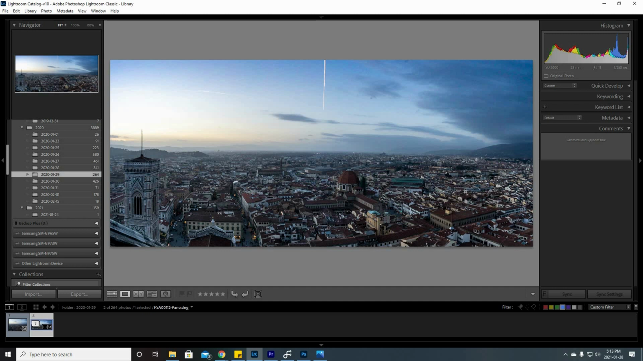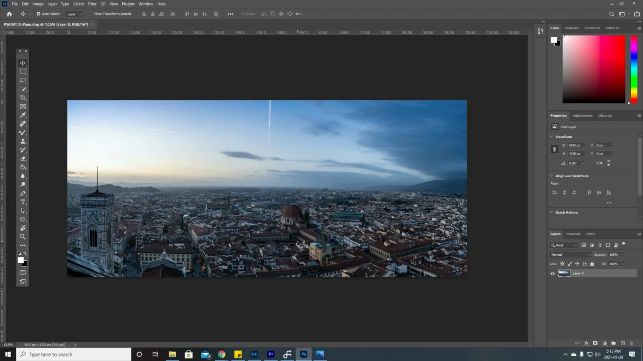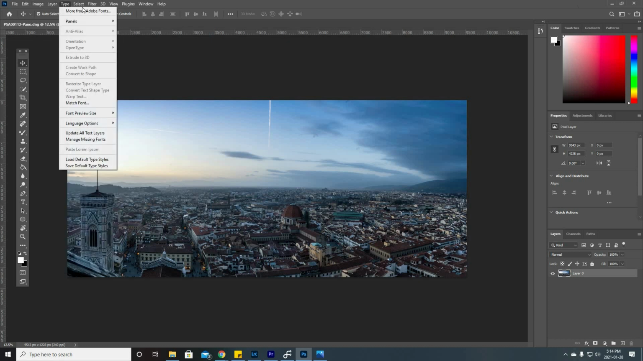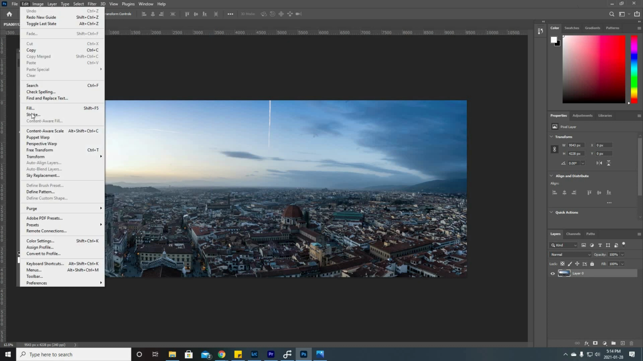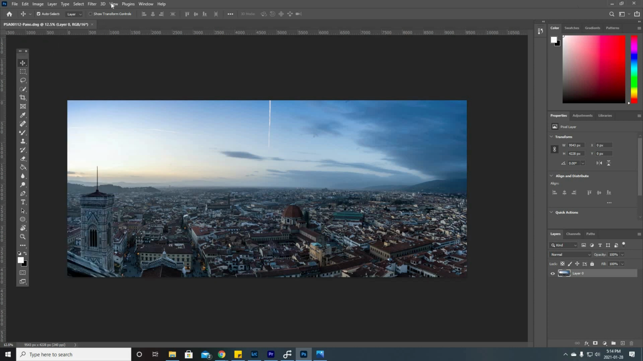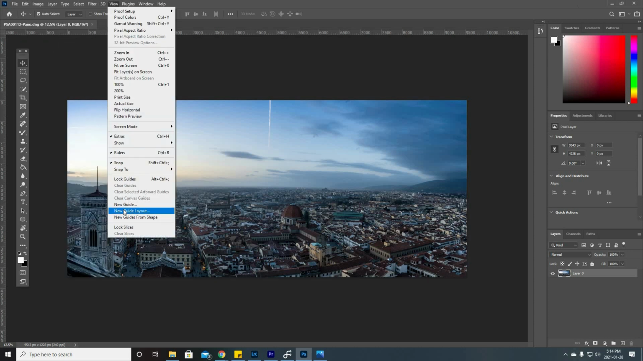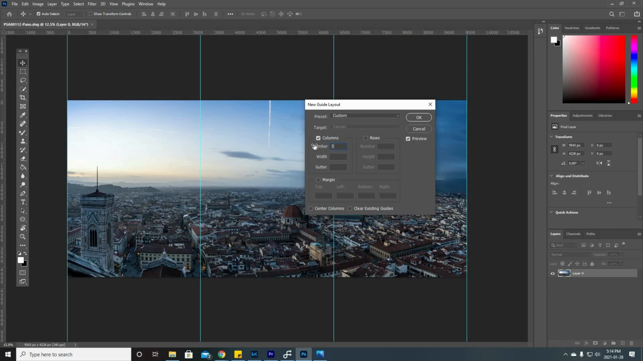So press Ctrl E to open it up in Photoshop. Okay, so say you want more than just 2 pictures. We can do the same thing. We can kind of try and estimate a guess where we want the slices, but there's a much easier way. You can also do this for 2 slices, but it's a must for when you want to create more than 2. All right, so you're going to go into View, New Guide Layout, and click the number of columns you